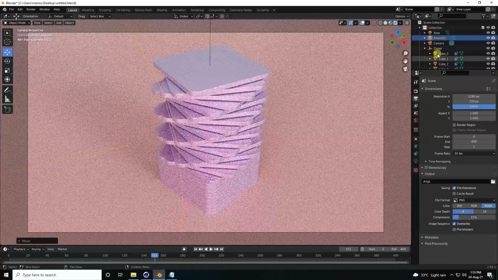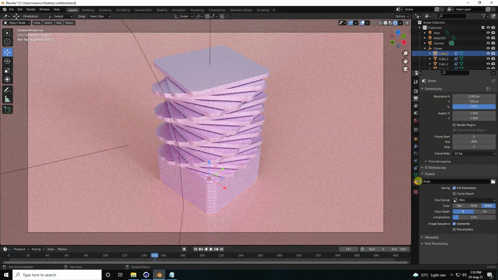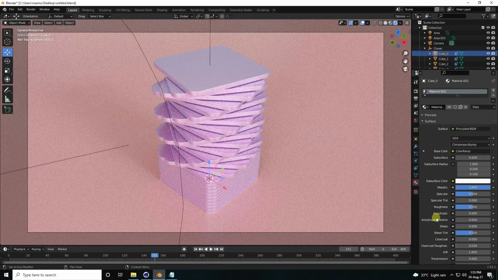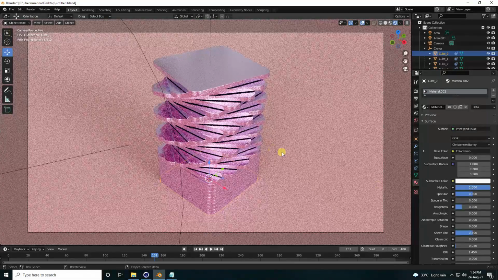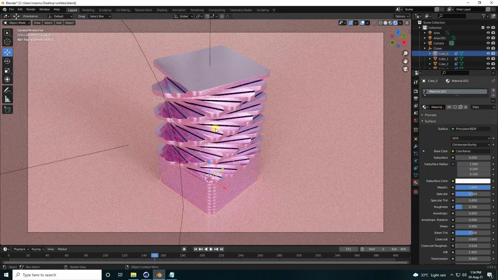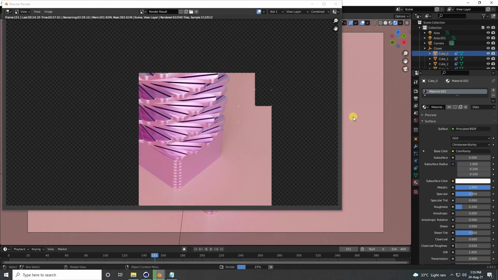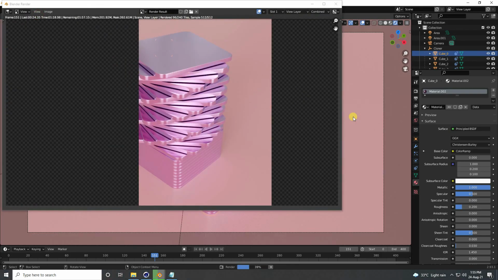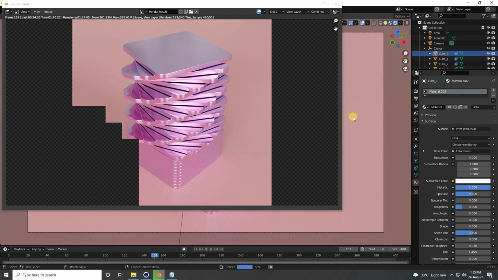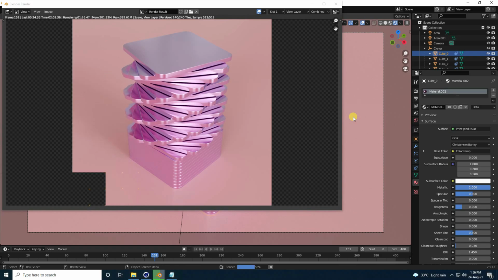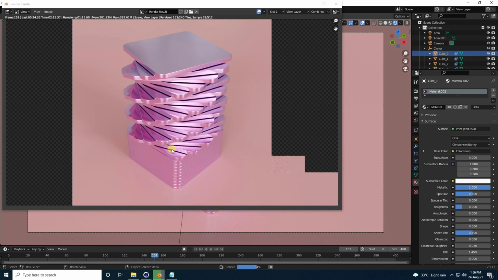So select this first cube, this one, and roughness here like 0.2. Yes, it's good. And one more time, go to render image. Yeah, see guys, it's really good.